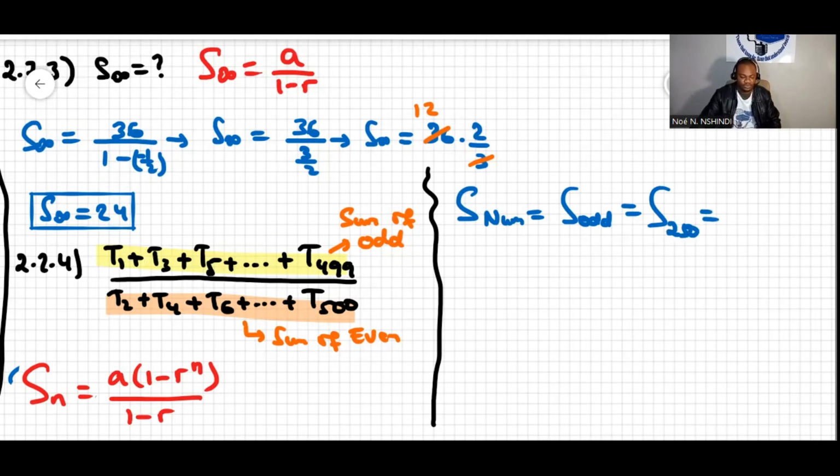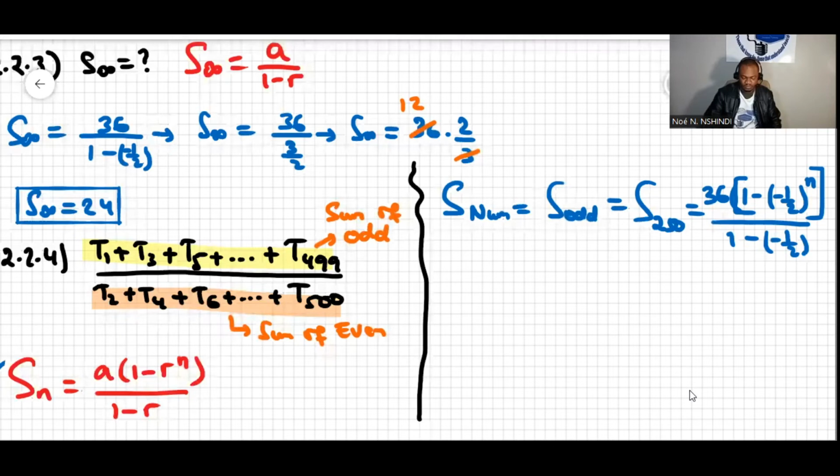So this will be equal to, using that formula, the first term A, 36, open square brackets, 1 minus negative a half to the power of n, all over 1 minus a half, something like that. So this will be S250 will be equal to 36